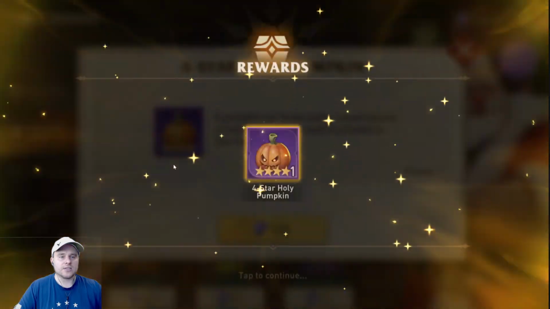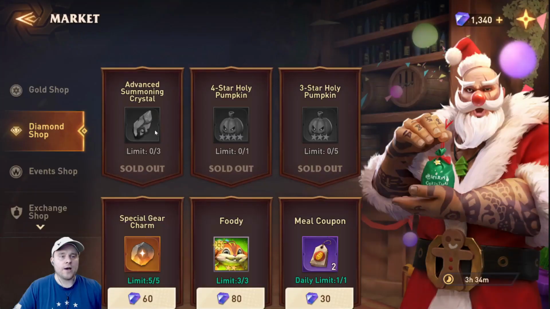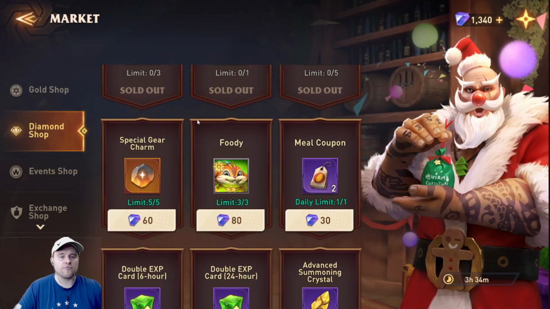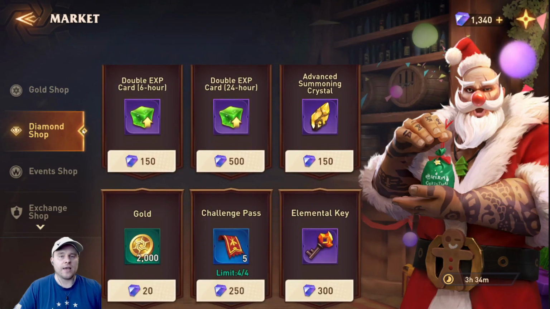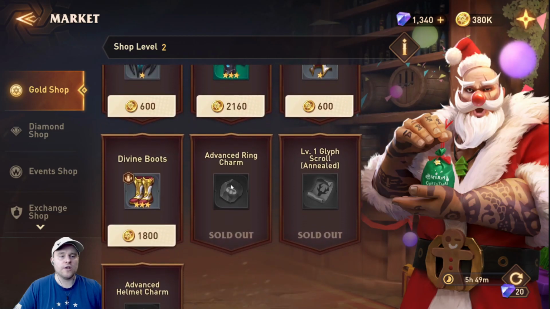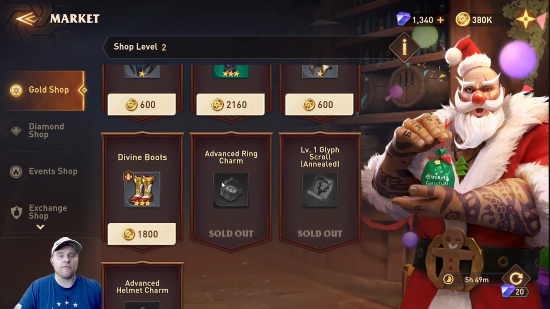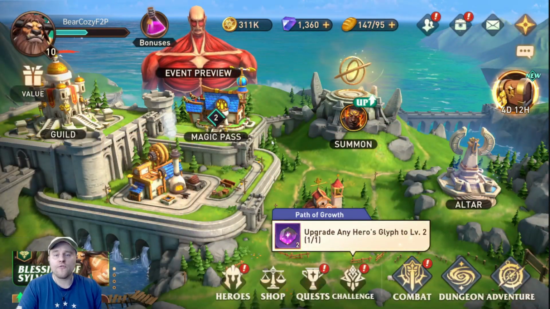Then you want to buy some resources as long as you have the diamonds. There we go. We bought all our pumpkins. We bought some of the summoning resources. And then that is going to do it for now. I would not recommend buying any more. But you can also get really good things in the gold shop, including glyphs and gear charms to level your gear. This was a very brief overview if you are brand new or if you are free to play,